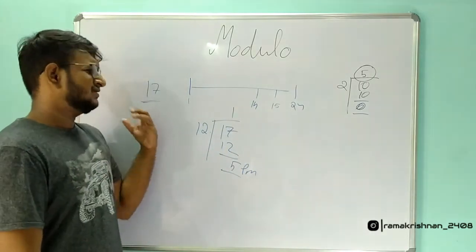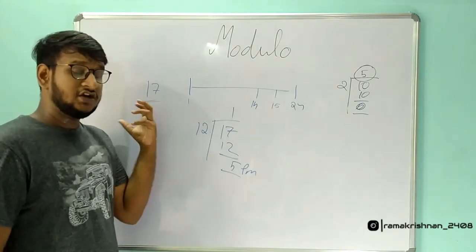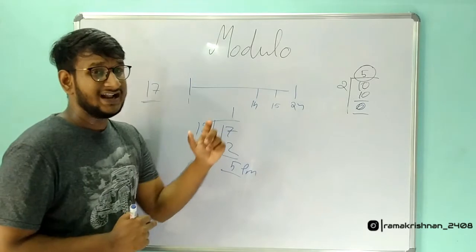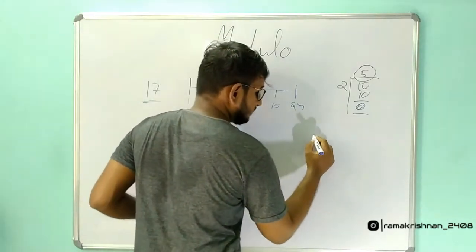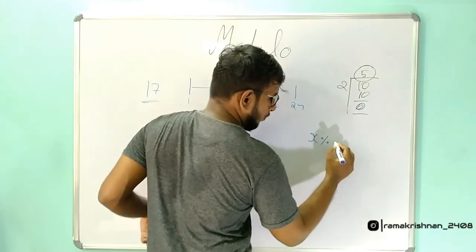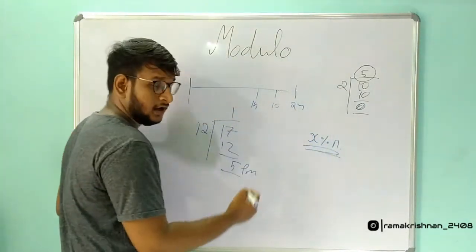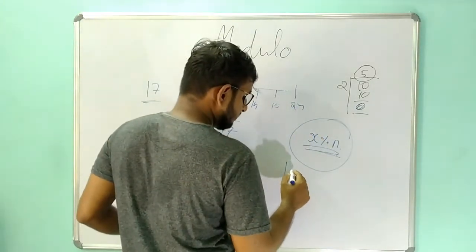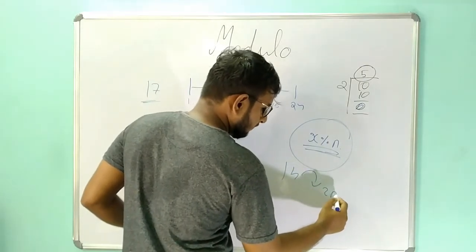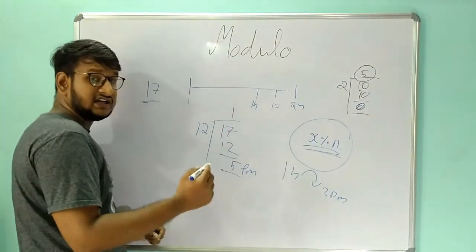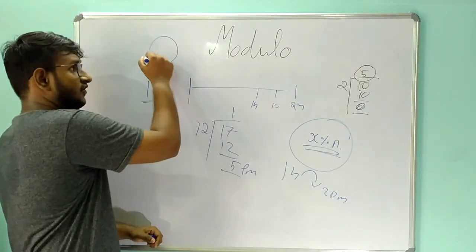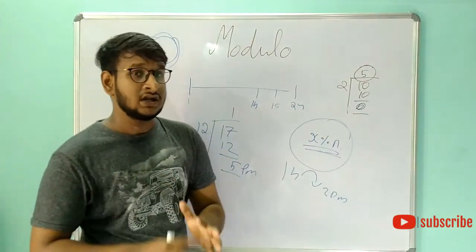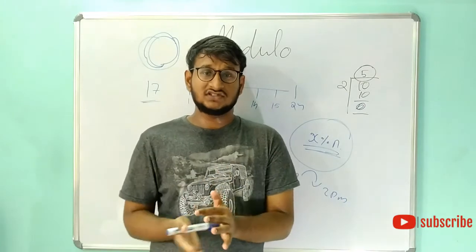You might think this is a layman thing, but actually in digital watches, the modulo operation is inputted as a function like this: x mod n. This is what I said before, right? This is the thing which is inputted in your digital watches, so that instead of 14 you might also get 2 p.m. If it reaches a circle of 12, it will again start from 1. If it reaches 12 again, it will again start from 1. This is how modulo is also used in simple applications like digital watches and digital stuff.